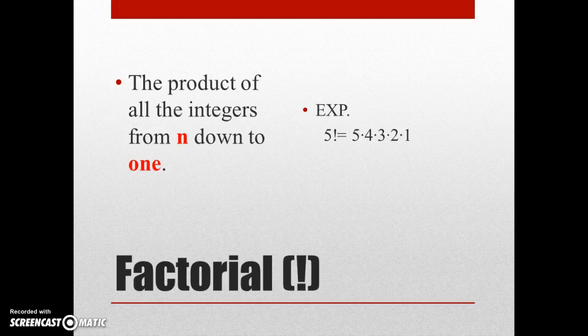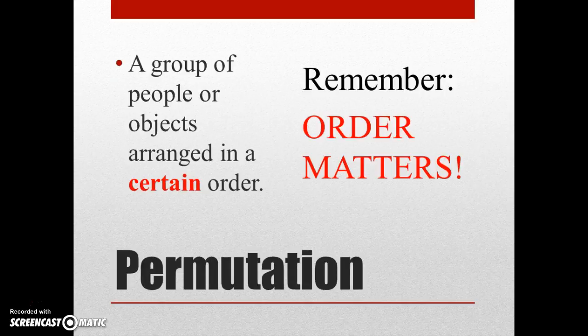Now, just a quick reminder about factorials. Factorials are the product of all the integers from n down to 1. As I show in the example here, 5 factorial, I'm not just excited about math, even though I do love math. Factorial is what looks like an exclamation point. So again, it's the product of all the integers from n down to 1. As you can see here, you would multiply 5 times 4 times 3 times 2 times 1. That's what this factorial means. It's part of our formulas for permutations, and when we'll be learning about combinations tomorrow. So you just need to know that.